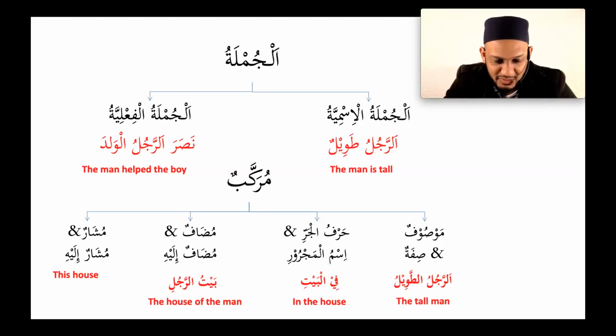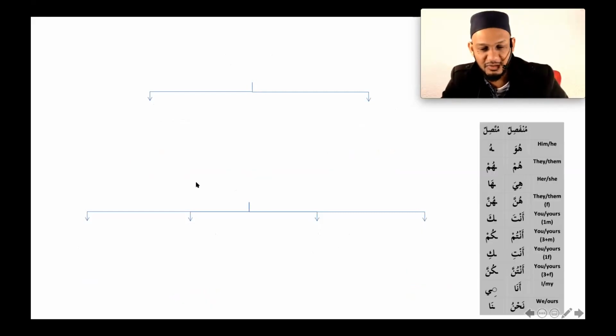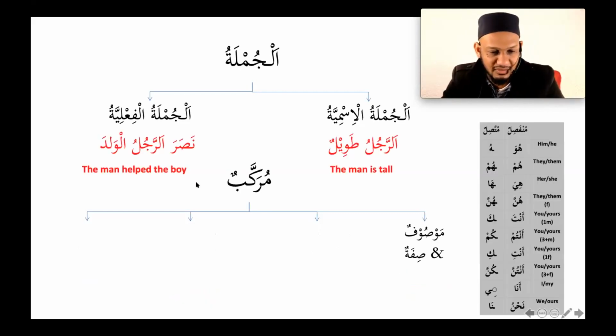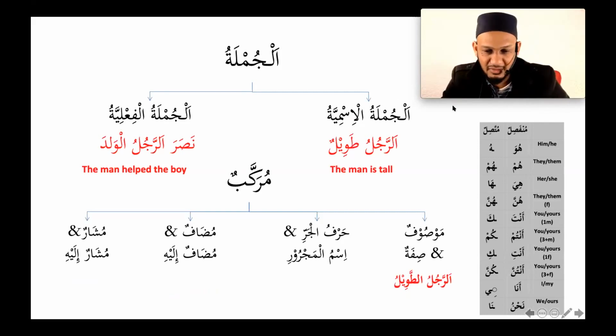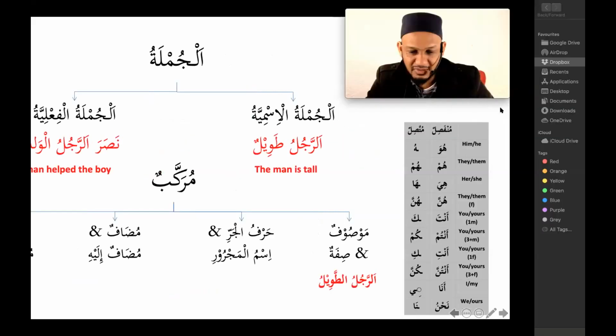So two words, light followed by jar. The first word is called mudaf, the second one is called mudaf ilayh. When I have light and I have jar, I add the "the" and I have "of", and those are the two parts. Okay, good. So now we look at the same table, but now we're going to look at